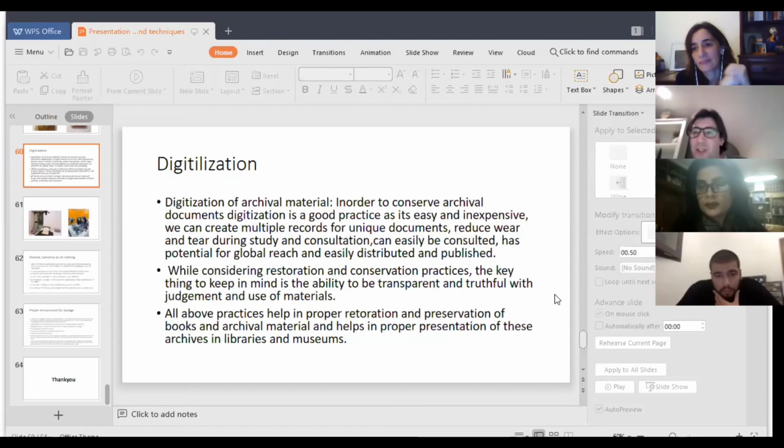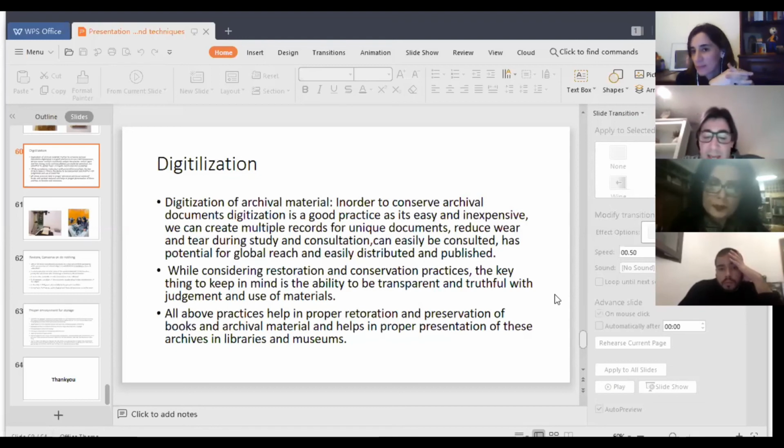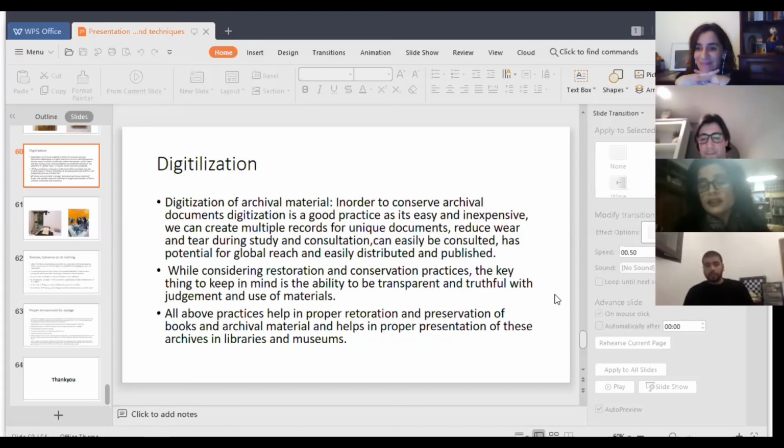We have another question from João again. So he says, xylophagous agents that attack papers and books are the same that attack wood? Sorry, come again? Xylophagous agents that attack paper and books are the same that attack wood? That attack wood? Yeah, of course. There are more than 70 different species, and every species has, again, more than hundreds of different species that have been identified that are damaging for library and historic and archival material.